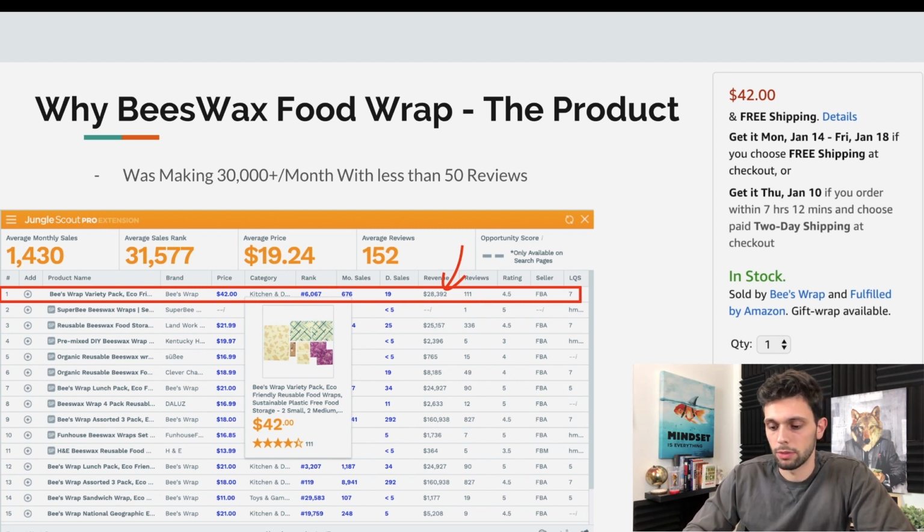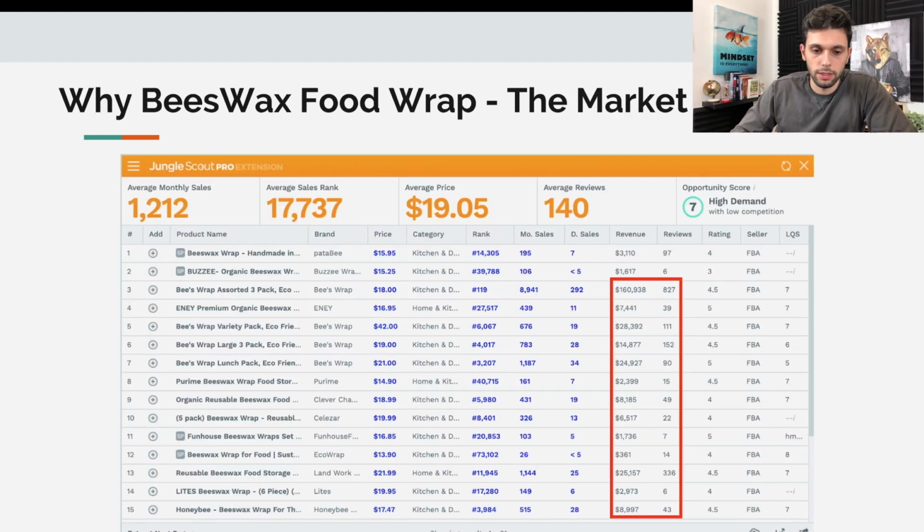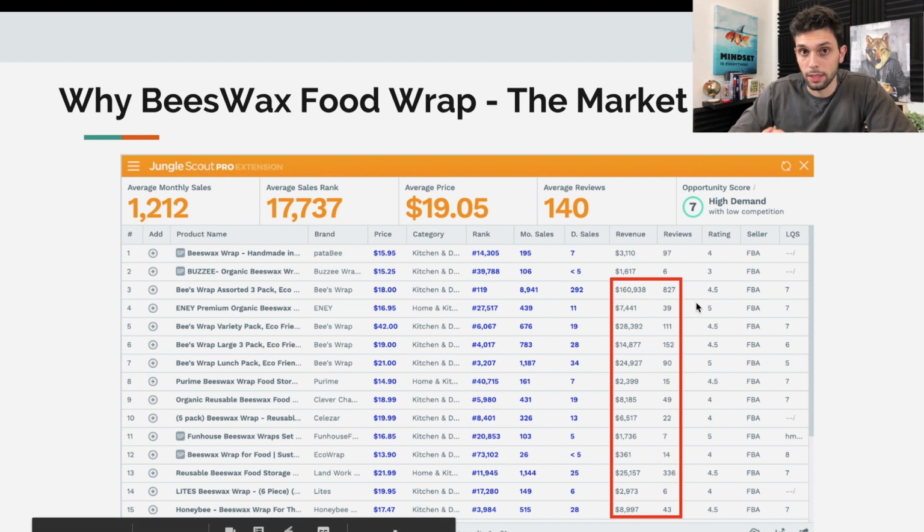Okay, so that's the first reason, obviously, why I wanted to do it. The Jungle Scout looked absolutely amazing. Once Jungle Scout looks amazing, you want to check out the niche. How is everyone else doing in the niche? Now, in this case, they're still doing really good, and this was taken literally today. But back then it was even better. Right now there's a lot more sellers in it, and I'll explain about that in just a little bit. But basically the market looked amazing. There's one guy here who was making 160,000. He has 800 reviews, but he wasn't selling the same thing that I wanted to sell.